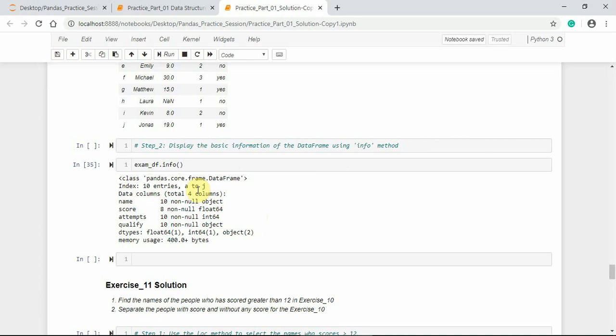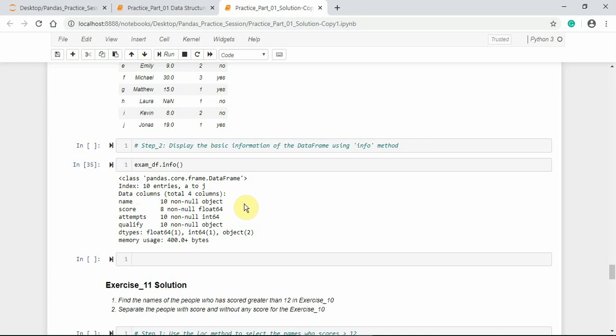and the column score is of type float with two missing values, and the column attempts is of type integer, and the column qualifier is of type object, and the column name is also of type object.